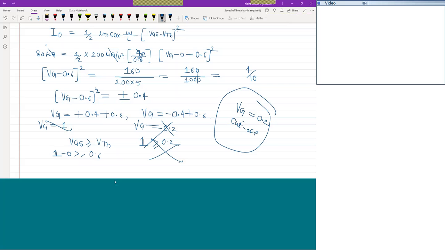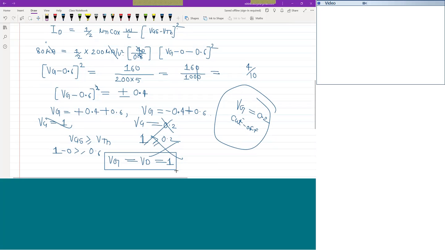मेरे पास VG का वैल्यू कितना आया, VG लिख दूं उसको या मैं इसको लिख दूं VD. This all values is equivalent to 1 volt. ये सारी वैल्यू किसके इक्वल आई है, 1 वोल्ट के इक्वल आई है. These all values are equivalent to 1 volt. Now